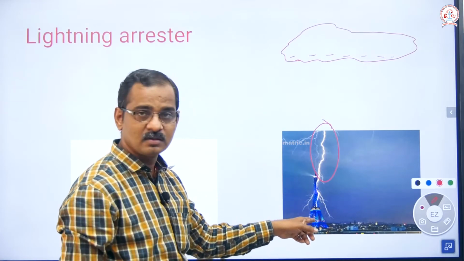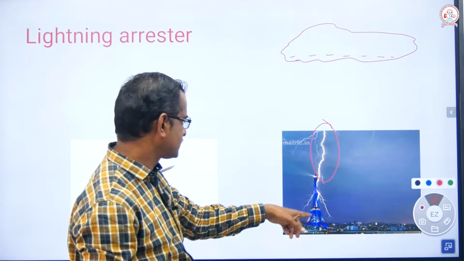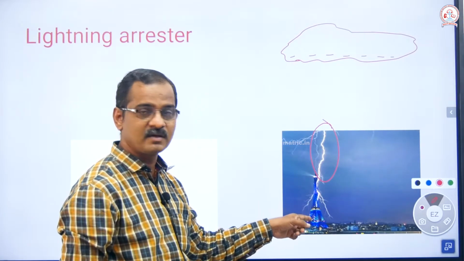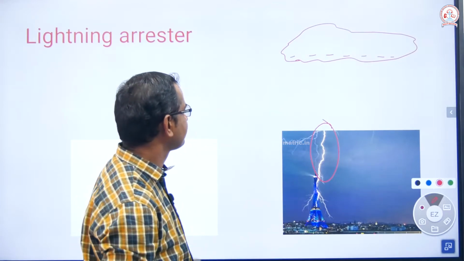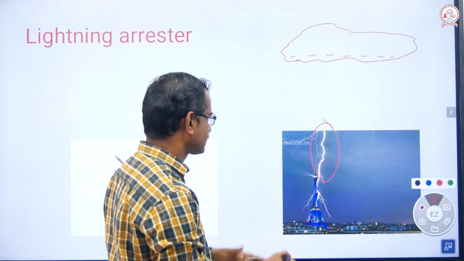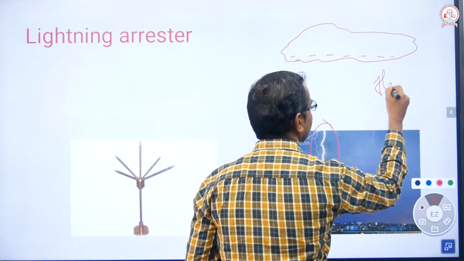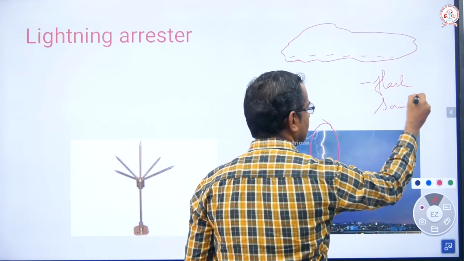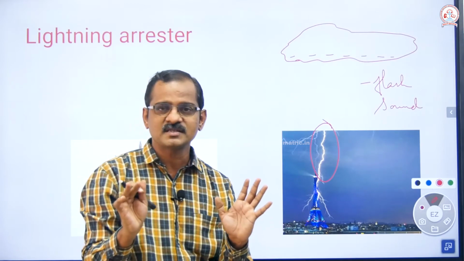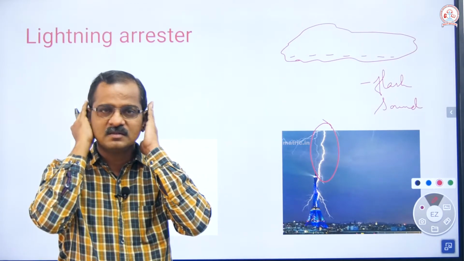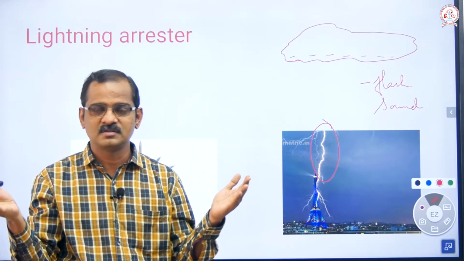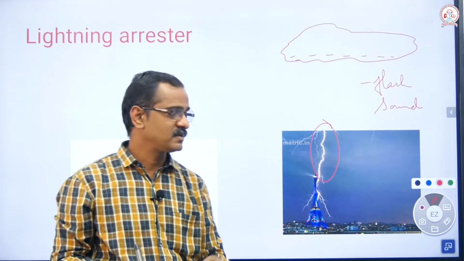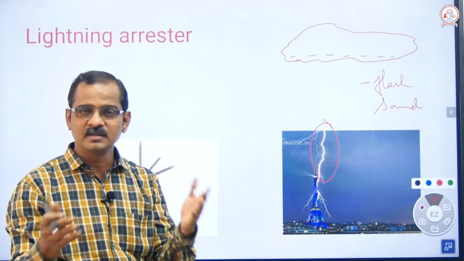Just like this. I hope you all know this building, the Eiffel Tower in Paris, France. This lightning, you see the flash, lightning, thunder. We get the thunder, the sound also, isn't it? Actually, what we do is we see the flash first, and then we close our ears to avoid the huge sound, correct? To avoid the thunder. Actually, both occur at the same time when the clouds collide.